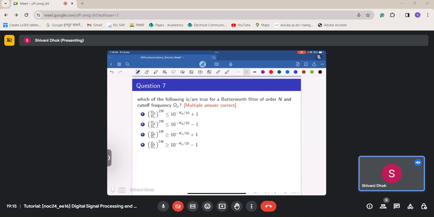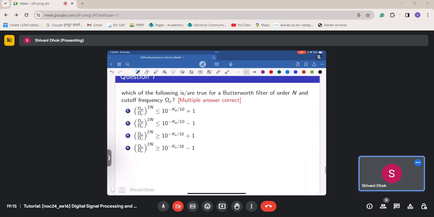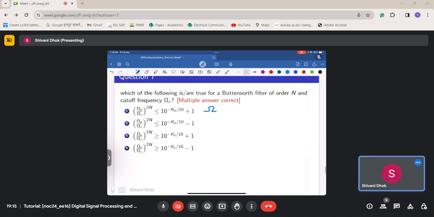So which of the following are true for a Butterworth filter? That is what is being asked to us. Now here I'll just define a few notations first. Omega c is cutoff frequency or some sort of center frequency, which we have seen. Omega p is pass band edge, omega s is stop band edge, and Kp